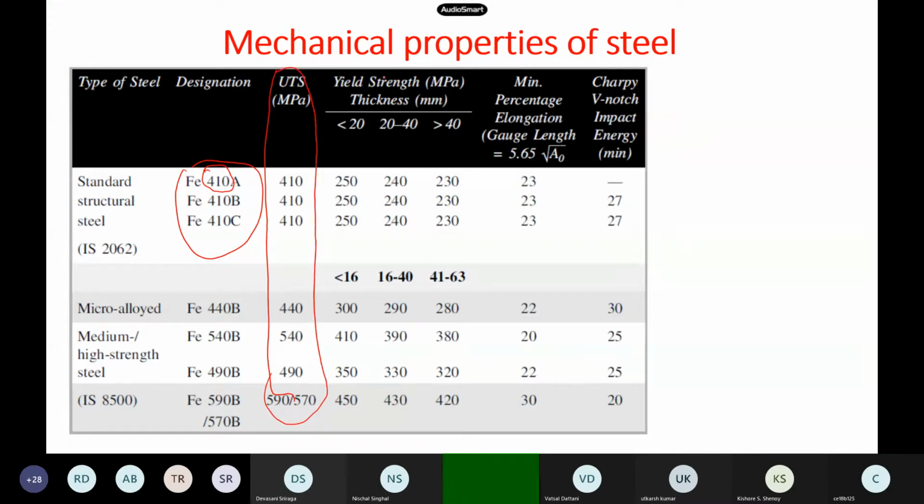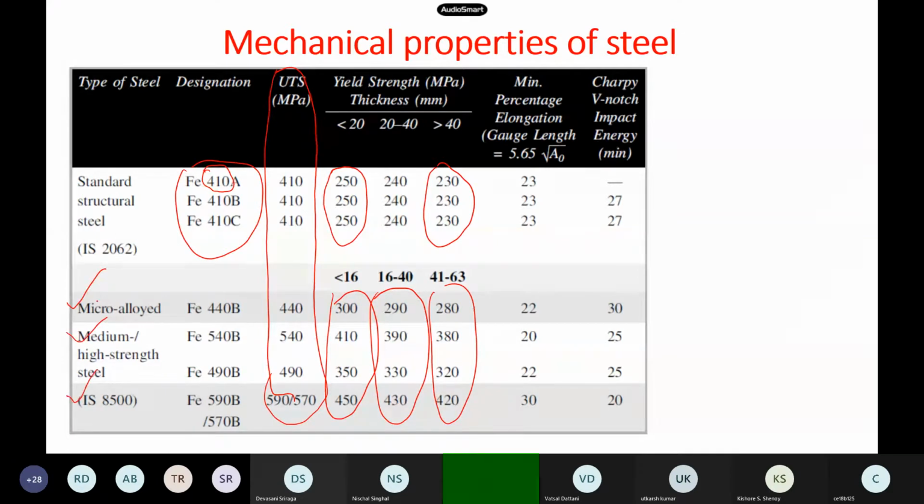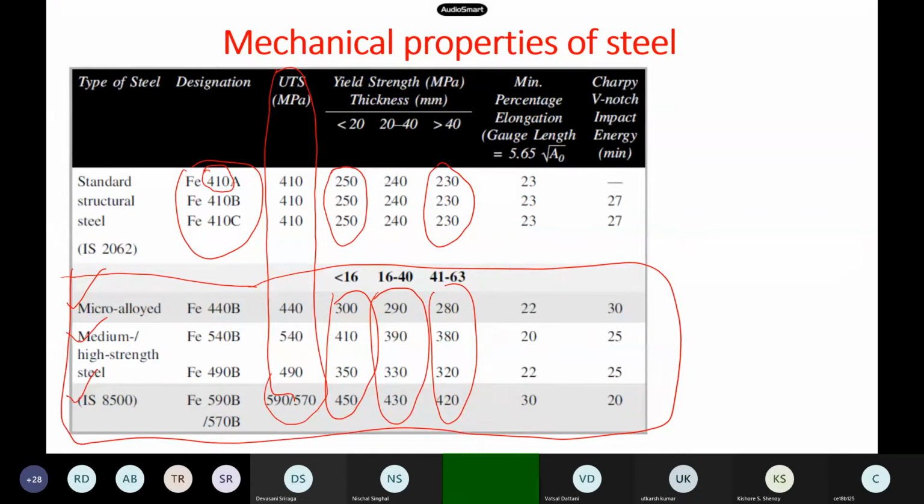So yield strength, if we say, it depends on the thickness. So yield strength of mild steel says 250, 250, 250 we have. Suppose if it is greater than thickness, say 40, then 230, like this these numbers come up. So these are the standards, okay, which we will be using in our code. So whatever structural steel we are using, there are special steels, micro alloyed, high strength steels, and so on. So anyway, we will not be using these in this course. Okay, we will be designing only mild steel. But these specimens are also available outside. These companies are manufacturing. So if you want to use them, then these parameters get changed.